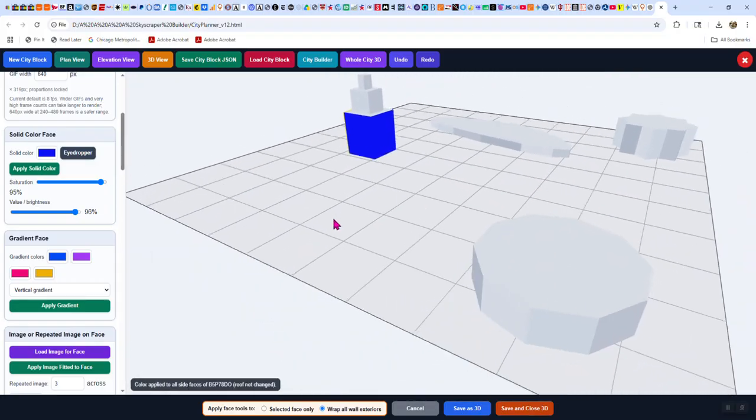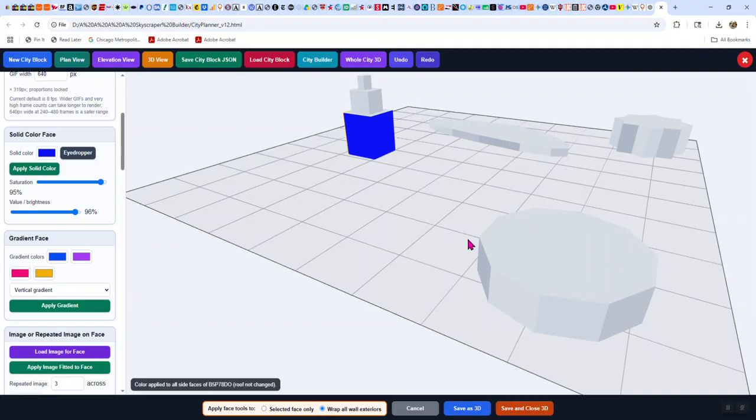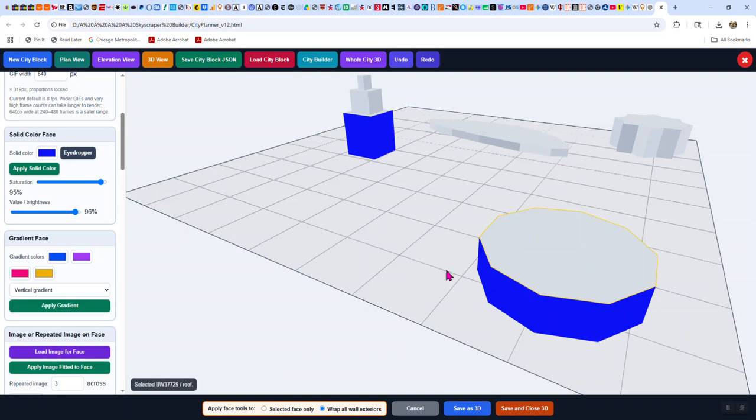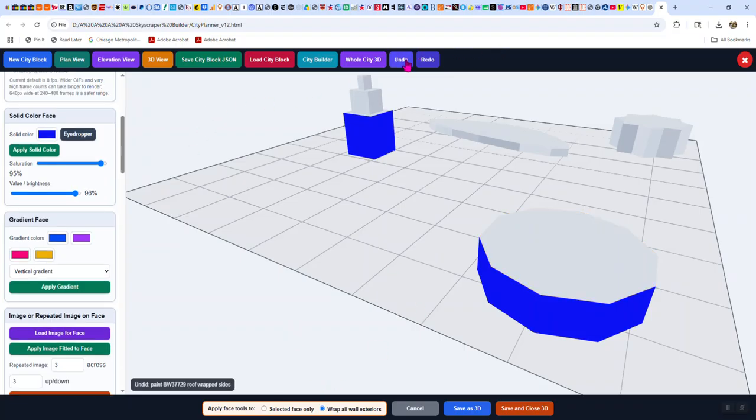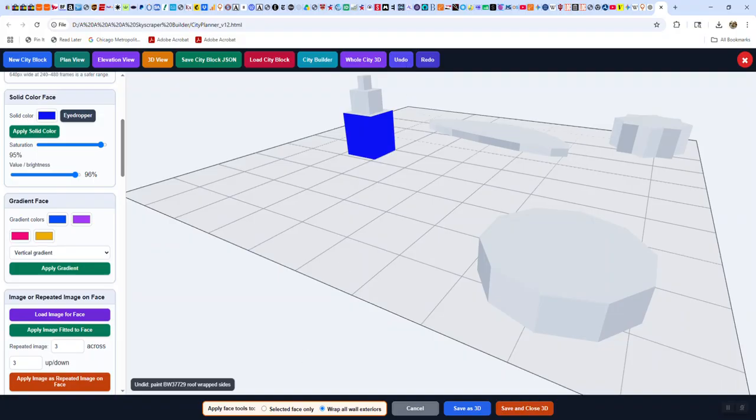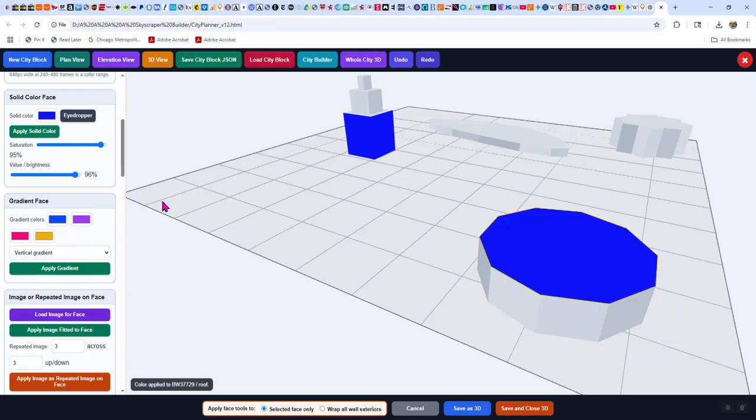Okay. Now I can do that to every surface here. This is already set. Just do it. Okay, what I did was, let's undo that. I want to go to just the surface because I'm doing a roof. And I'm going to click it, and that should work. Yeah, okay.